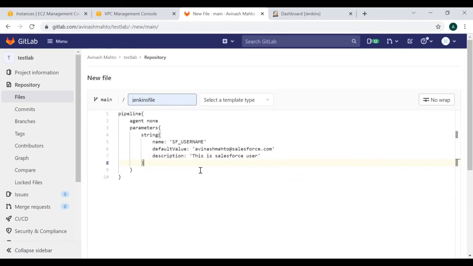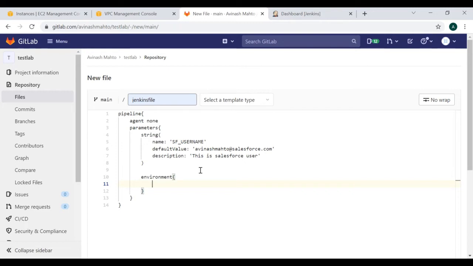Now let's suppose that you need to define environments. And I want to call the environment. I can say that there is some secret file or secret text which exists inside my Jenkins, and now I want to call it through this Jenkinsfile.